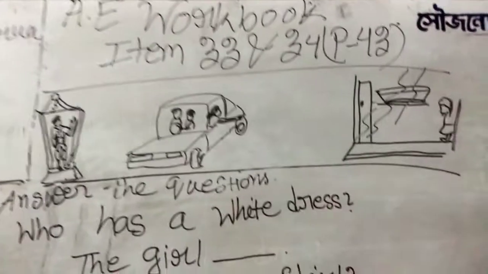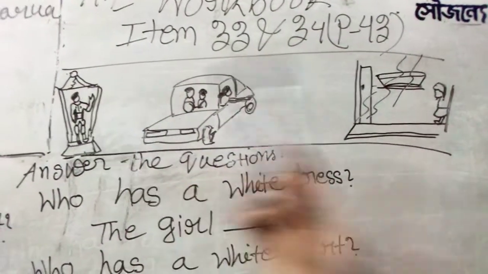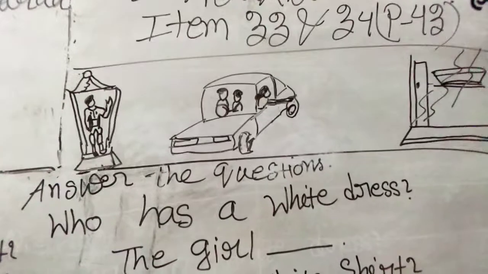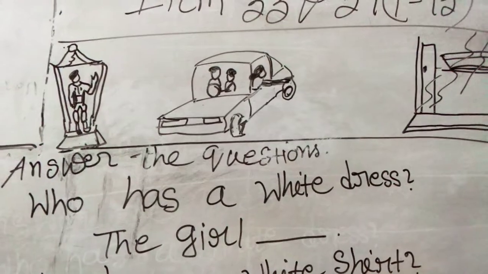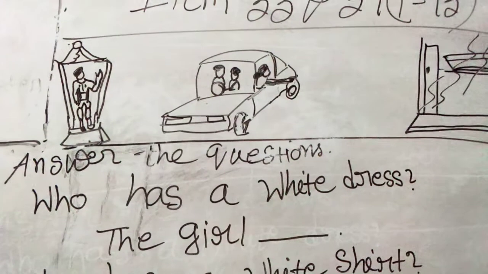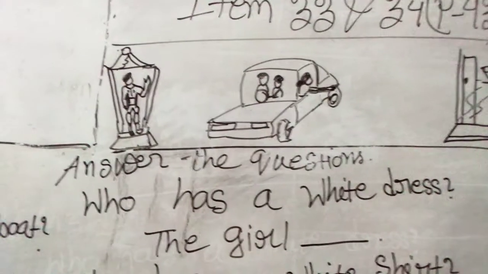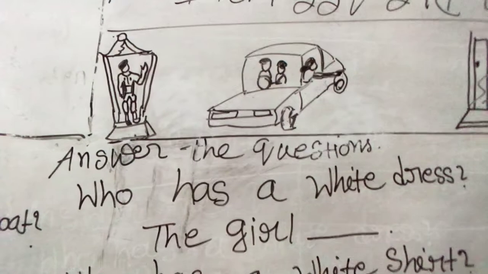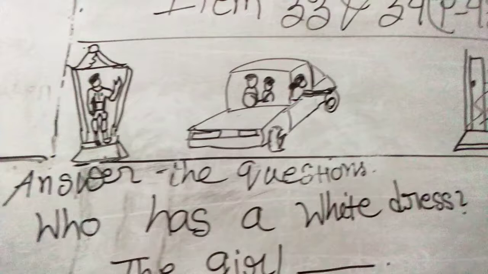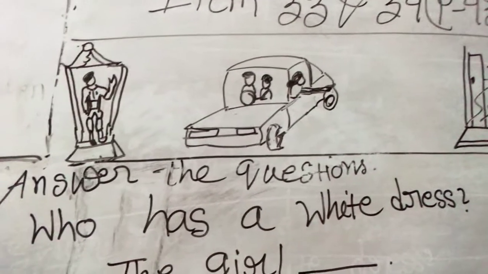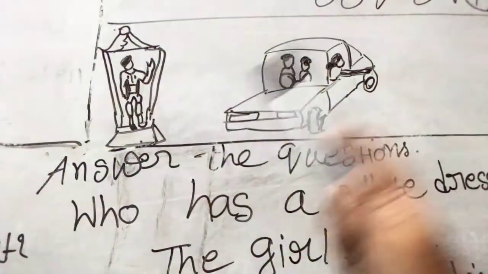Here, there are actually a series of pictures. In picture number 1, it's a lamp post. Can you see any lamp post in your book? Yes. This looks like a lamp post. In the lamp post, I tried to draw a policeman. In your book, you can clearly have a view of a policeman. As you know, Miss is actually not a good artist like you, so Miss just gave it a try. Basically, he is a policeman in a lamp post.